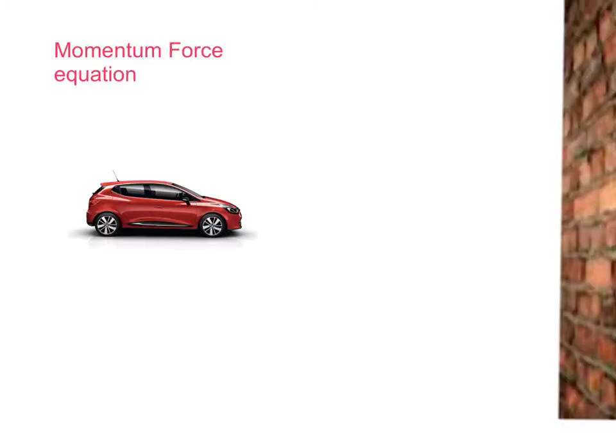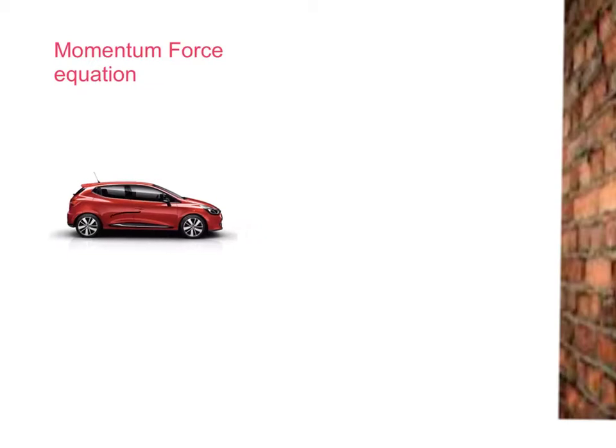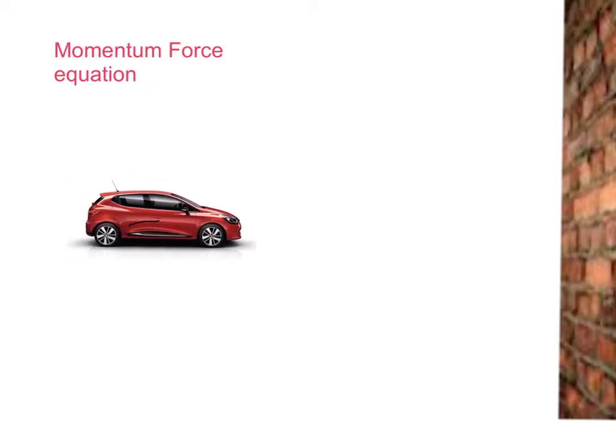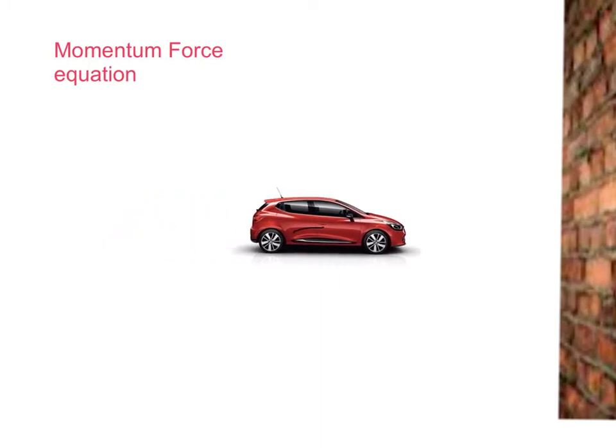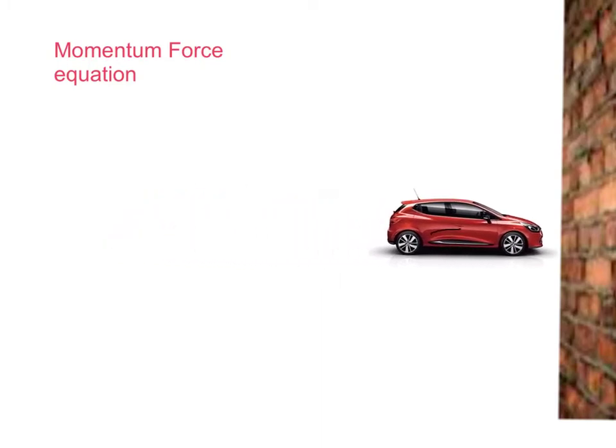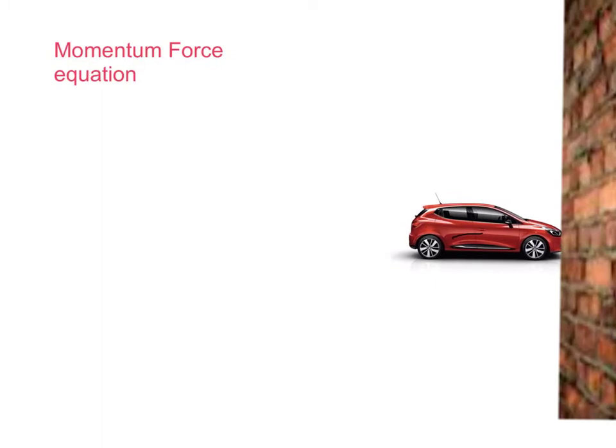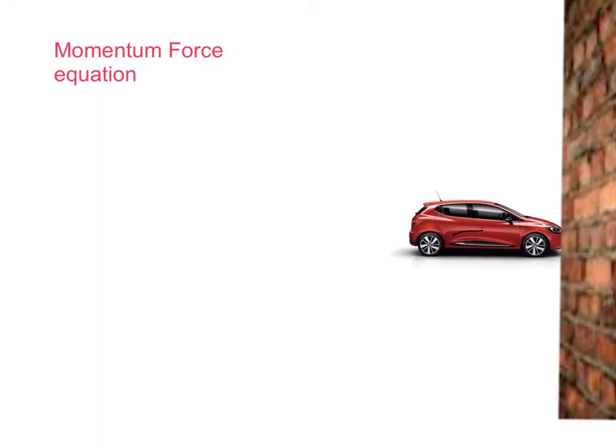Next equation. When an object's already moving along, it has momentum, as we've already seen. So here's my car. Now, if my car changes its momentum, i.e. hits a wall or puts on the brakes, then there's going to be a force generated at the point where it hits. Now, to calculate this force, we look for the change in momentum. So the equation for this one is change in momentum